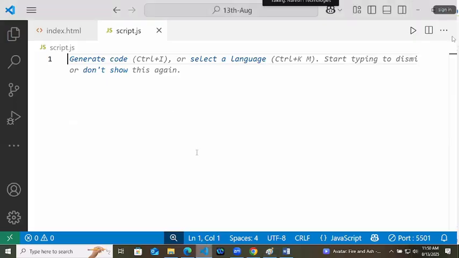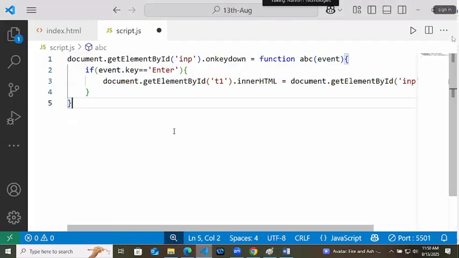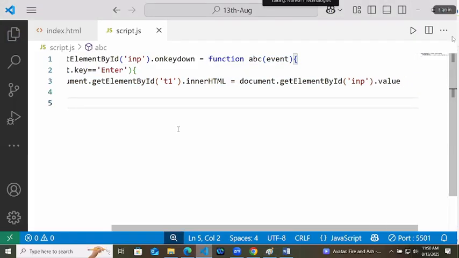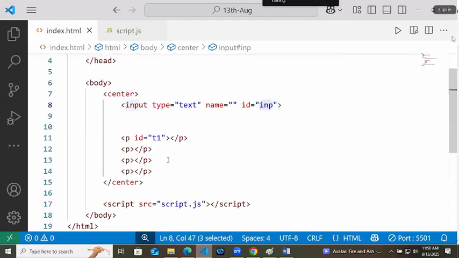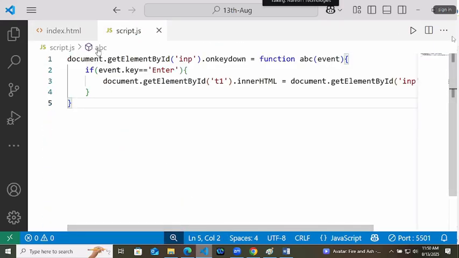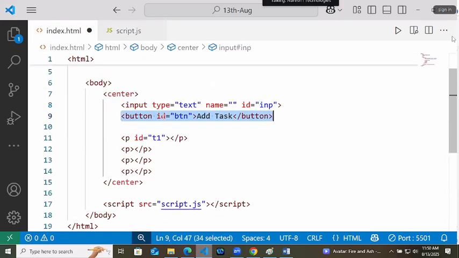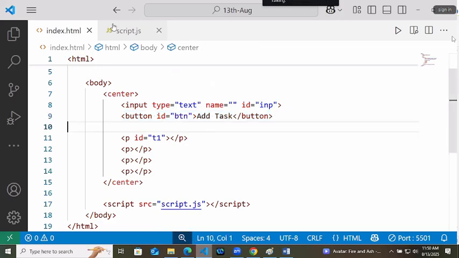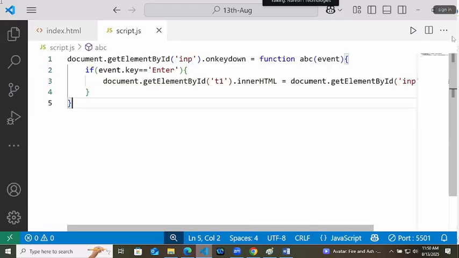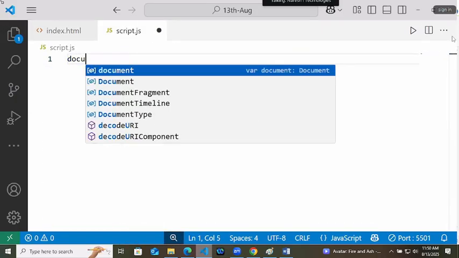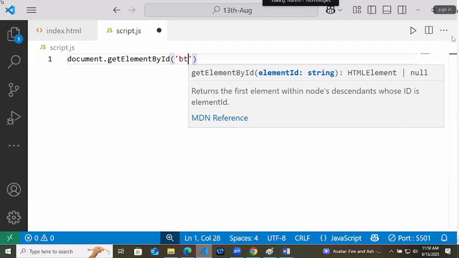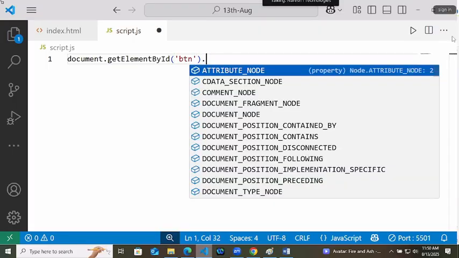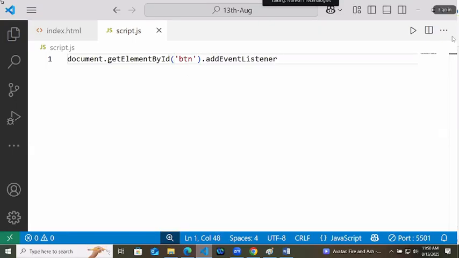So let's try. Here what we are doing. Okay, so we are doing something like this. To this, let's say add a button also, an add task button. We will go to document and get the element by ID. ID is btn. I will add an event listener to it.